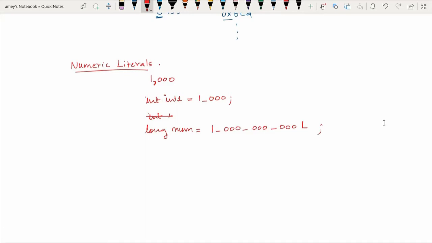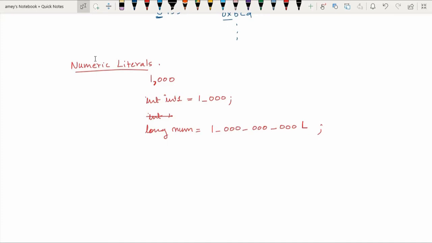L is a notation that is used to represent long integers, right? So this is just one feature that is being added: for large numeric literals, just for readability, we can use an underscore in place of a comma.